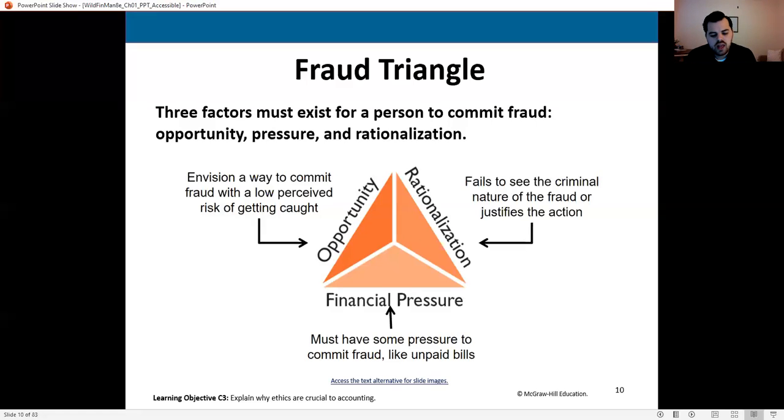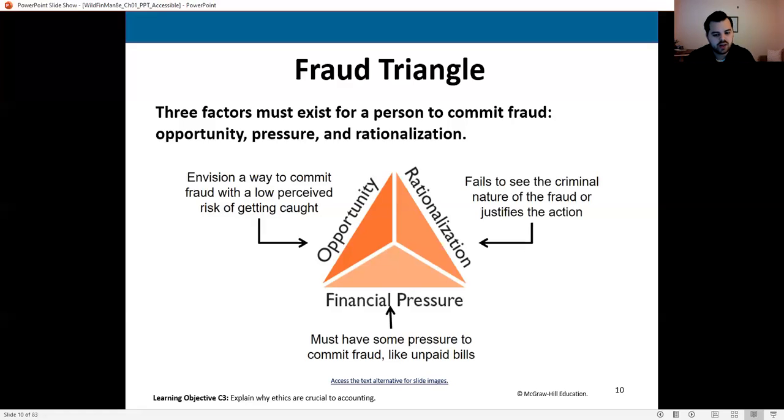So if that is not the case, though, right? What if I'm having trouble making rent? What if I've got medical bills? What if I've got student loan debt? What if there are other things coming into play? What if my family needs some money, right? What if I've got children and I'm struggling to put food on the table? What if there are these financial pressures? So now you see you've got this financial pressure, right? You've got these bills that you are unable to pay, and you've got this really lax internal control system that provides you the perfect opportunity to steal this and get away with it.